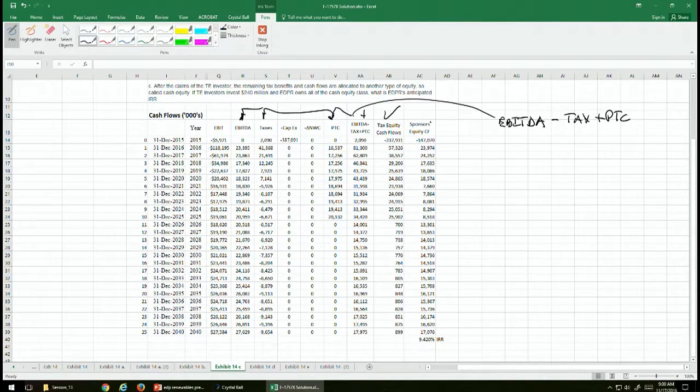Then I take the tax equity investors, and the equity investors basically get the free cash, the total cash flows minus what the tax equity investors get, and that's what the sponsor's equity cash flows look like going forward. They put in $147 million, and in return receive these cash flows. Now again, these cash flows are just the difference between this minus this is equal to that. So that's what's left over, and if we do that, we estimate an internal rate of return for them of 9.42%. So the IRR here